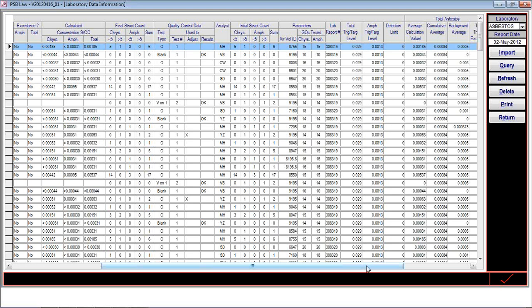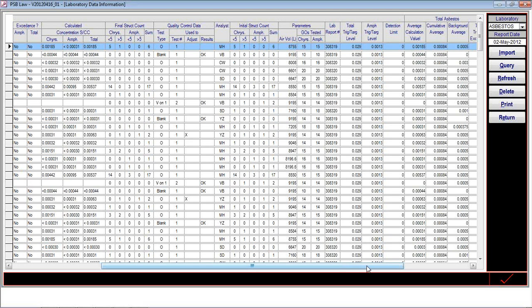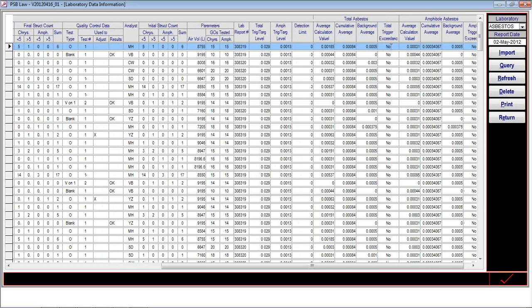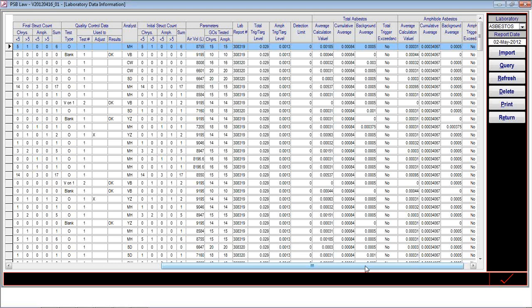average calculation value, cumulative average, background average, total trigger accidents, it calculates that, and in the amphibole asbestos it goes for the same thing. For importing the data,